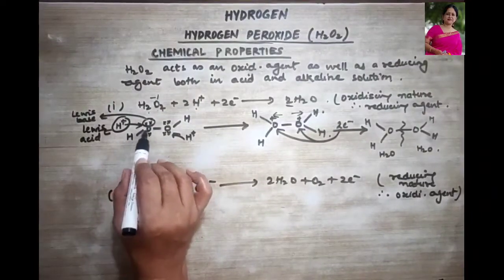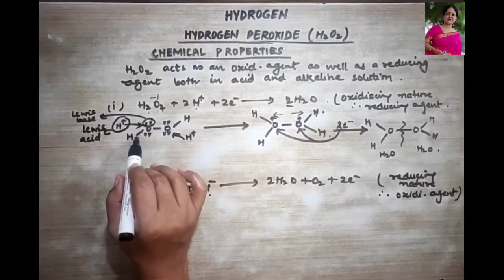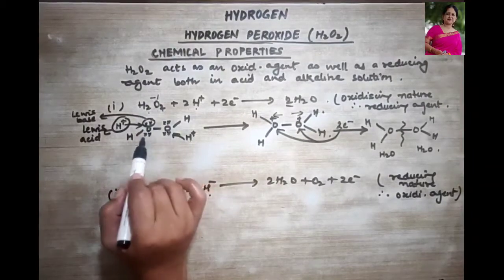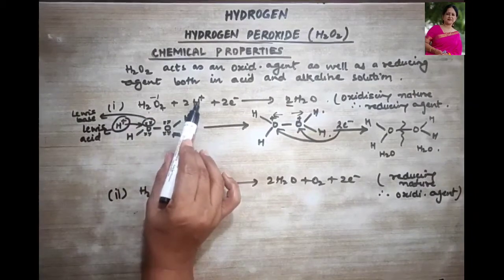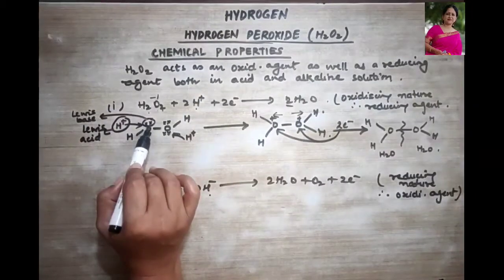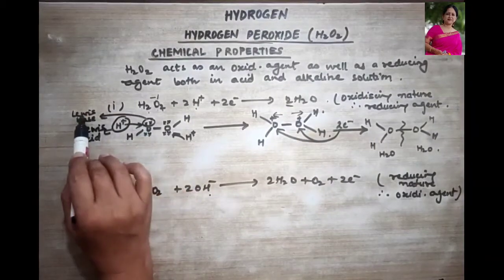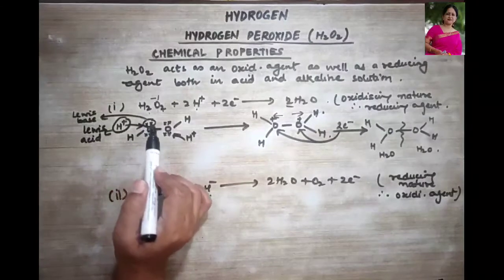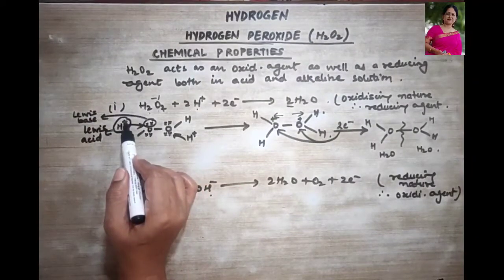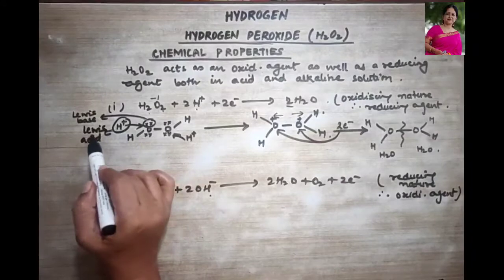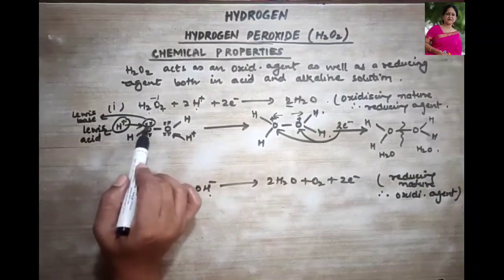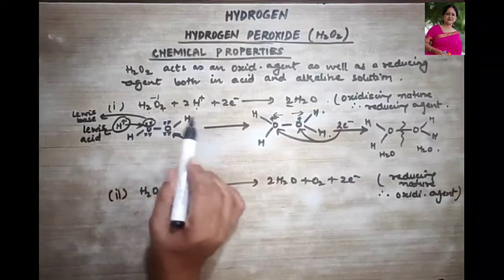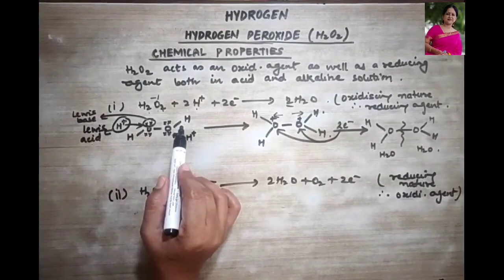So I have first shown you how to draw the structure of hydrogen peroxide like this, and this oxygen has the lone pair. Now this proton H plus attacks the lone pair of the oxygen, right? Therefore this lone pair of oxygen becomes the Lewis base, and this hydrogen ion or the proton is acting as a Lewis acid. Now this proton attacks the lone pair, therefore the process will be termed as protonation.